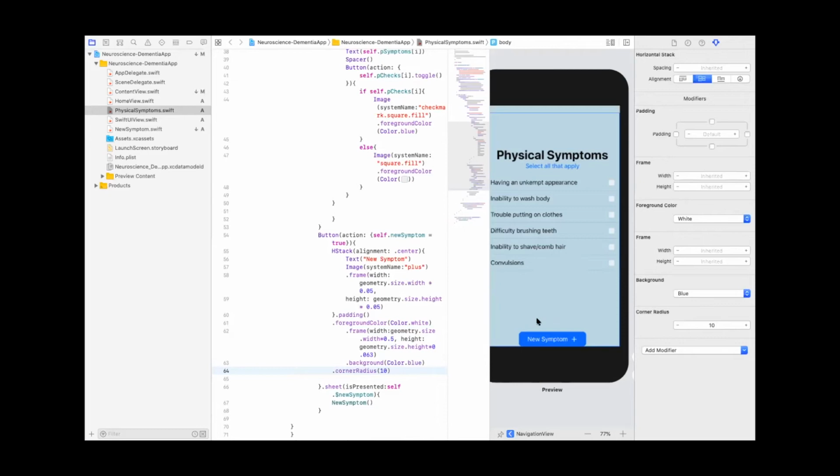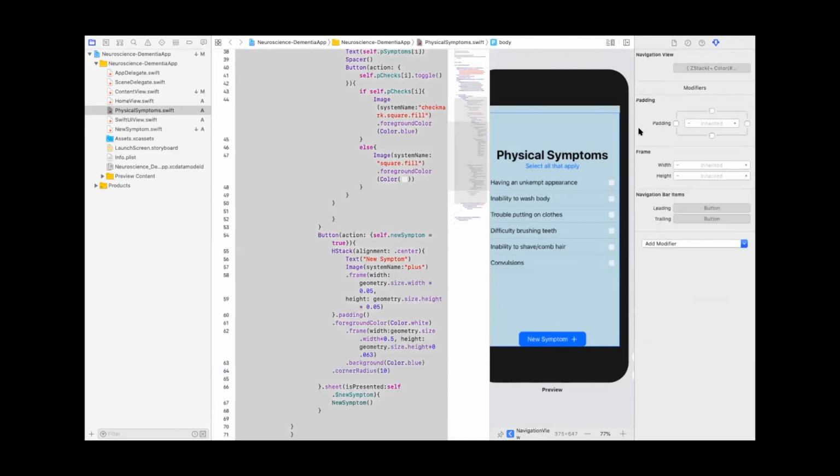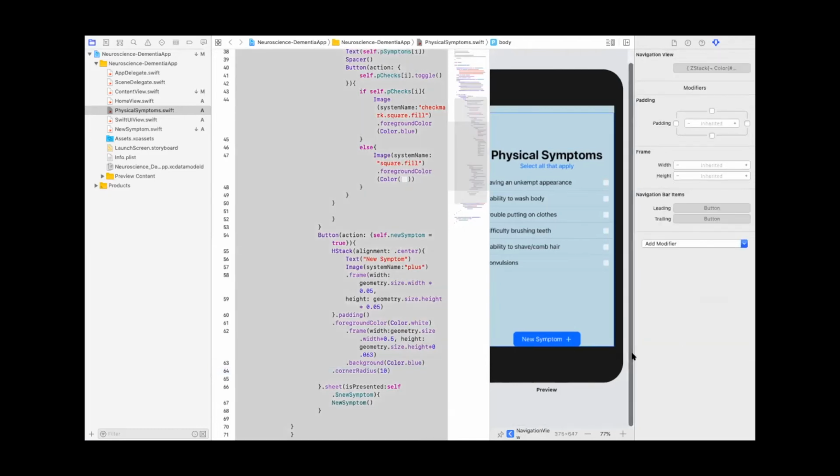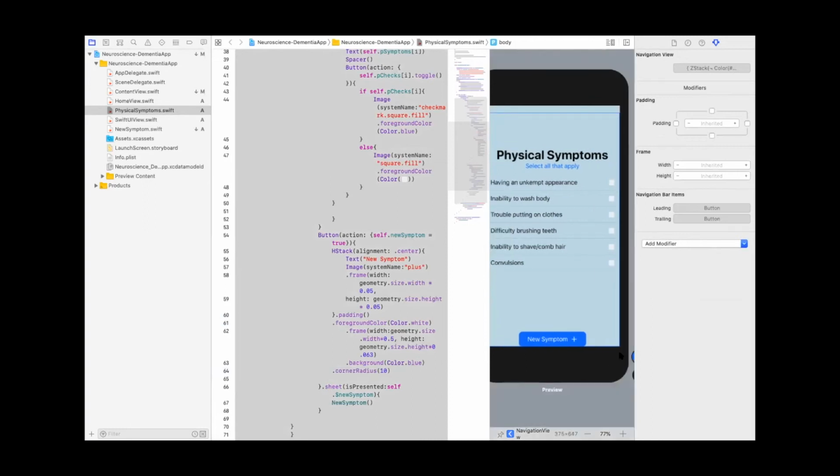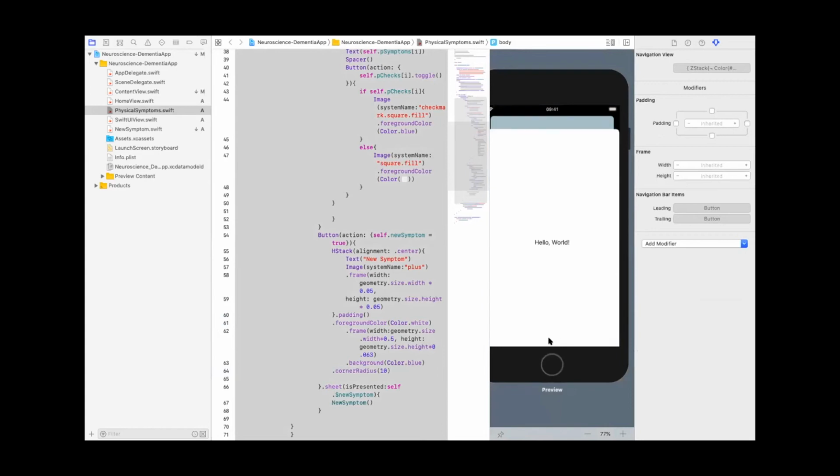And there we go. We have the new symptom button, oops, I have to click play. But if we preview it and it's now active, we click new symptom, it brings up, well, we don't have any new symptoms, so it's just going to bring up,